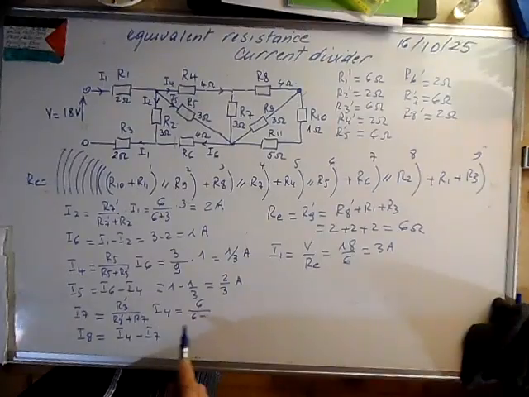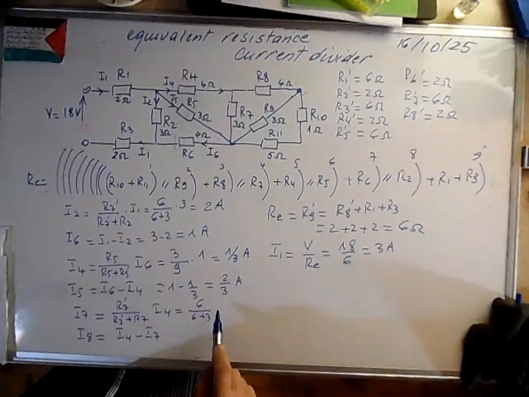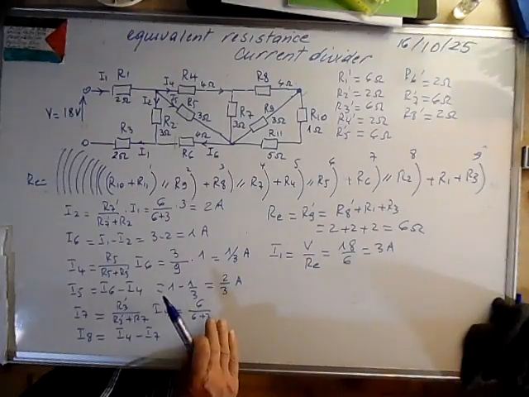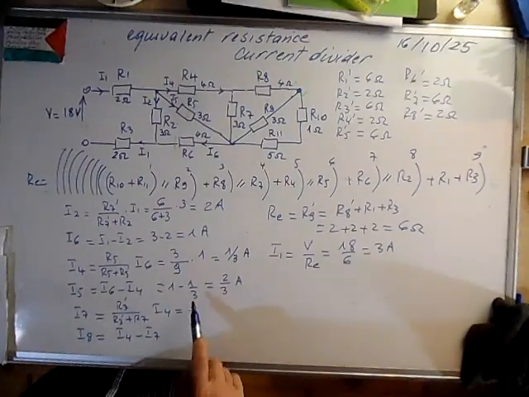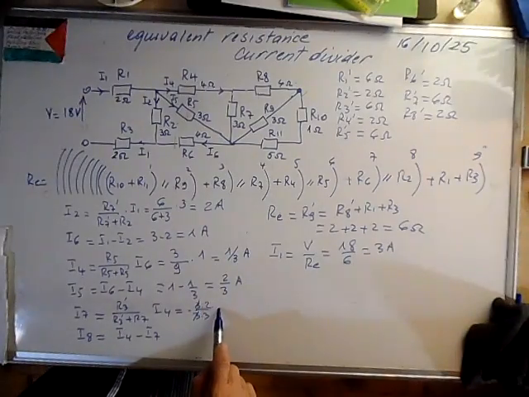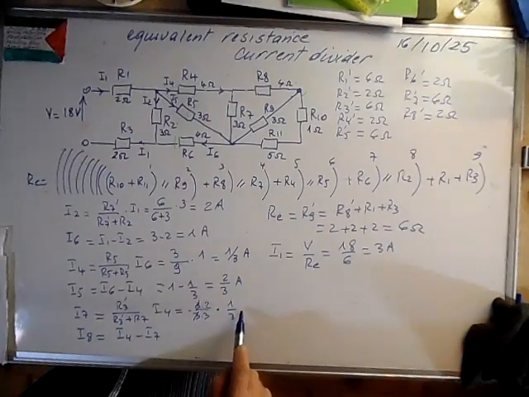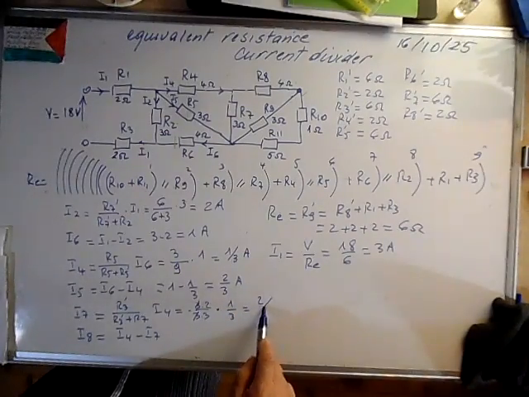R7 is 3, so it means it's 6 over 9, 3 times 2 over 3 times 3, it's 2/3 of I4. I4 is 1/3, so it means it's 2/9,